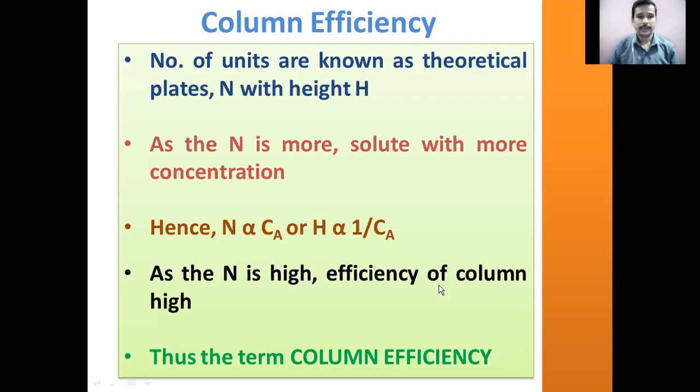And this theoretical plate aspect is used to express the column efficiency. So to what extent the column is efficient for the elution of the solute through the chromatographic column. And it is a column characteristic. And this column efficiency is directly linked to the concentration of the solute, which is eluted out of the chromatographic column. Right. So as I told in the earlier slide, each and every unit is known as an individual theoretical plate, and the total number of theoretical plates is expressed by N, uppercase N. So where N is the number of theoretical plates.